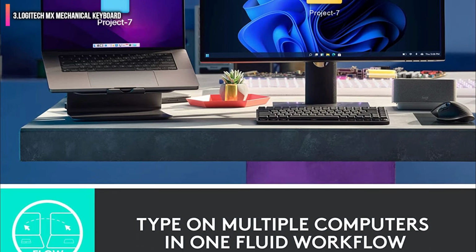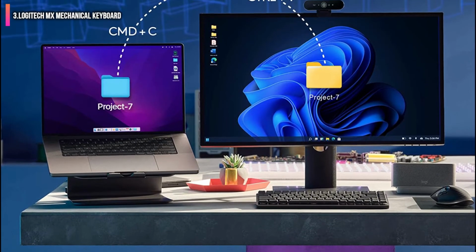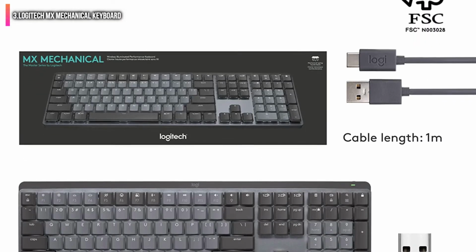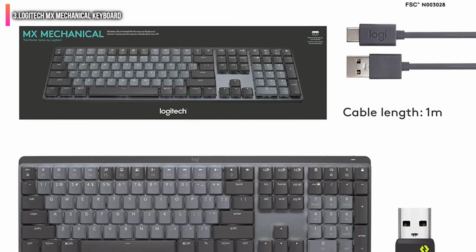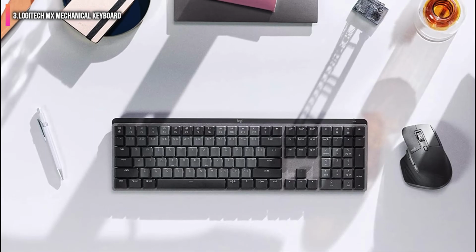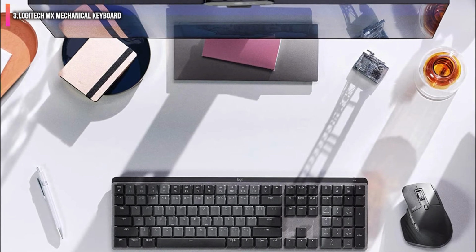The Logitech MX Mechanical really shines when you pair it with one of the company's MX Master mice, like the MX Master 3S, and use the Logi Flow feature, which changes the connection when you move the pointer off of the desktop of one machine and onto another. It even maintains a shared clipboard, so you can copy some text on one computer and paste it into an